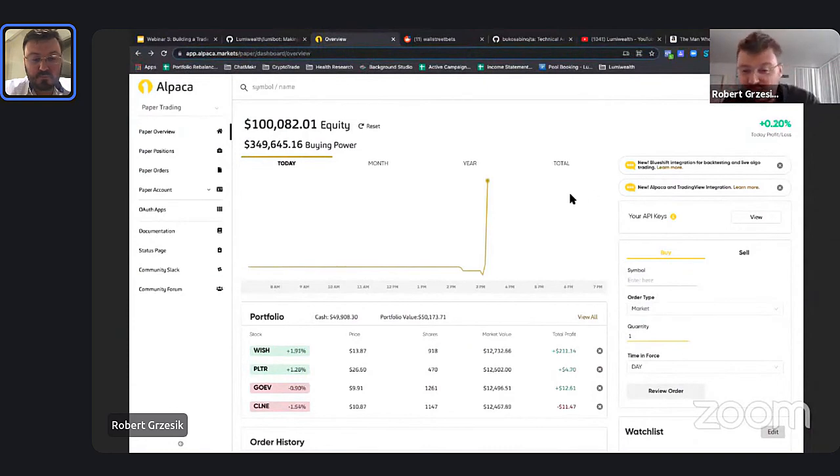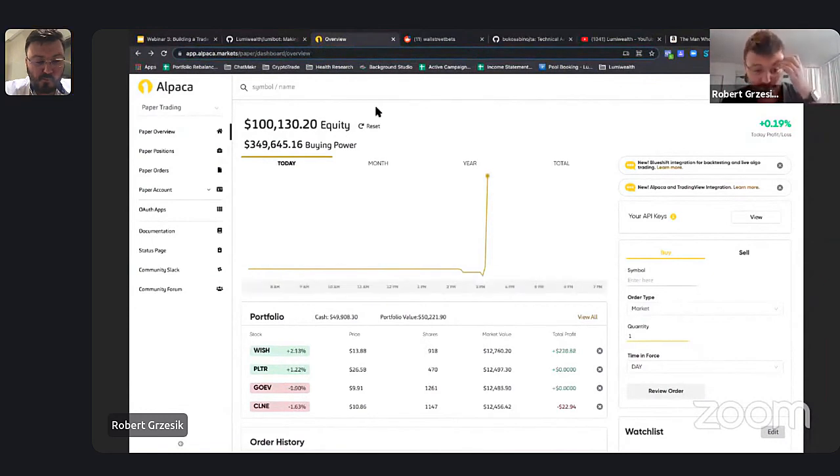Yeah, changing brokers, I agree with you. Changing brokers is not very difficult. It's really easy to do that. I really like TradeStation. They have great APIs, so we're going to be working with them soon. They also have crypto. They have futures. They have a lot of other stuff. So TradeStation's a really good one that we're going to be adding in. It's amazing, guys. I got to start running my own money in this strategy. We literally just built this like 2 days ago, so we're still testing it out. But it's amazing. Look at this. Literally, in the course of this conversation, we've already made like $300 or something like that.